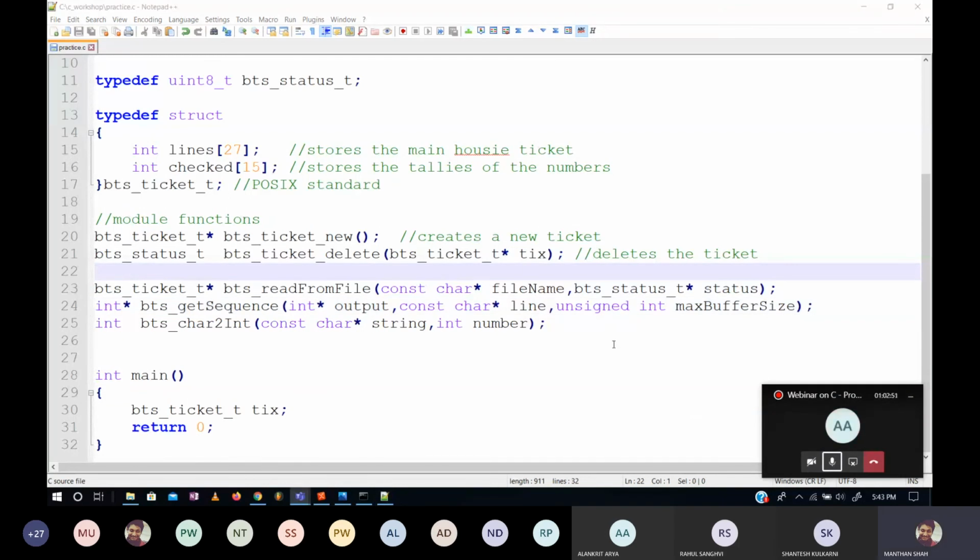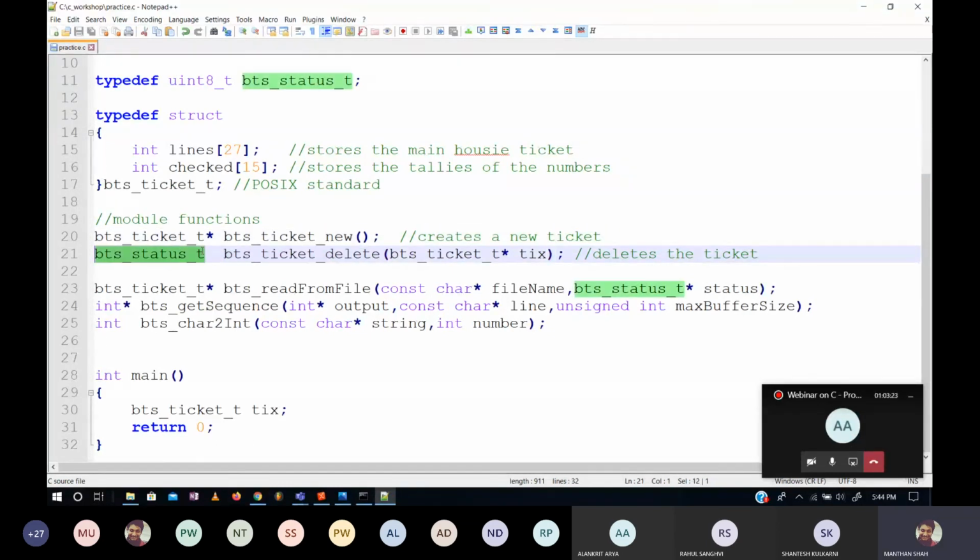So these are some of the functions that I came up with. Process क्या होगा? जो भी मेरा ticket that this is stored, ये जो भी ये data type है, इसका जितना भी instances होगा, I will be using the dynamic memory to store it. Which is why I will require two modules, bts ticket underscore new and bts ticket underscore delete. One will allocate memory from heap and give it uska pointer dega. The second one will delete it and it will return status, or maybe this is not required. Chalo, we'll change this as well.